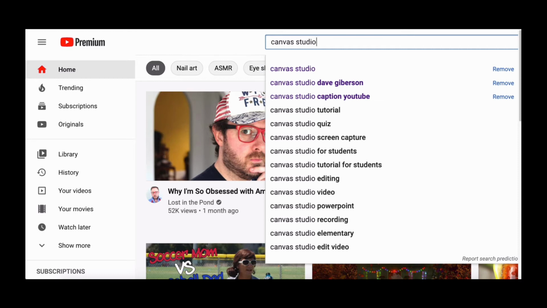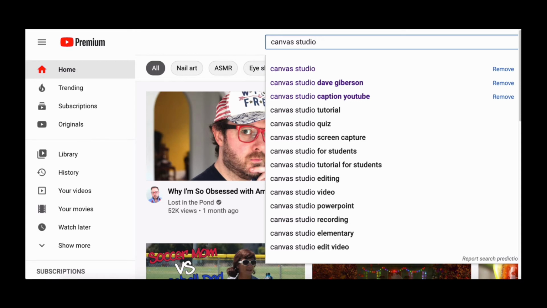But as you know, Canvas can be a bit of an ambiguous search term because, particularly when you add the word studio, you might get some search results where people are talking about painting or other art projects you might do on a canvas.